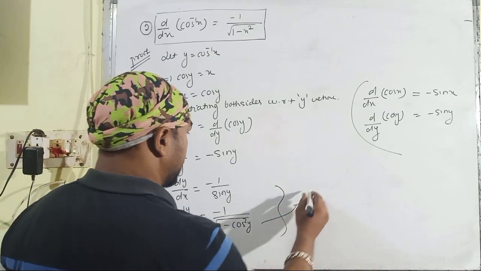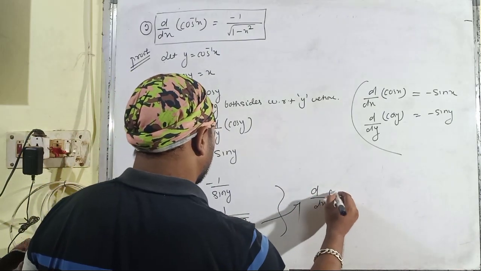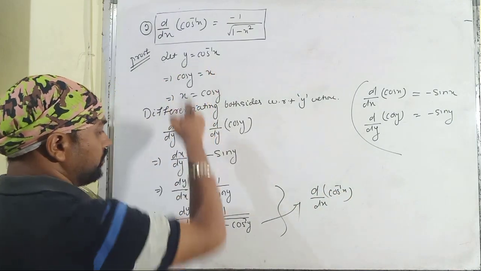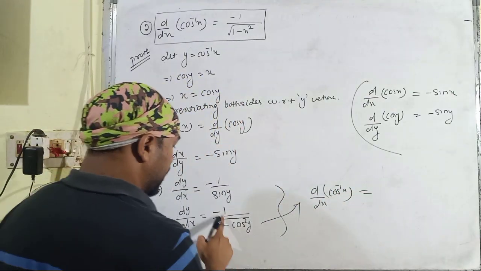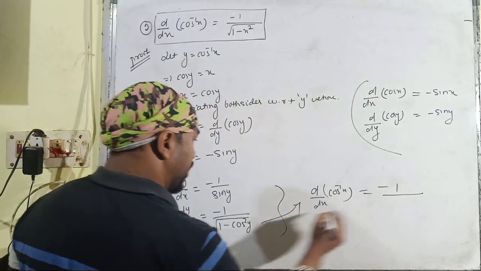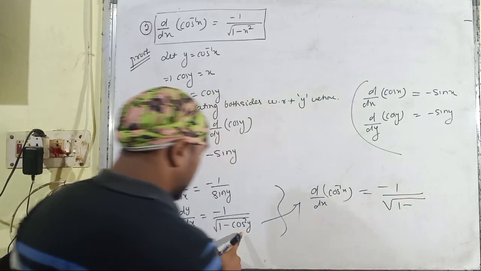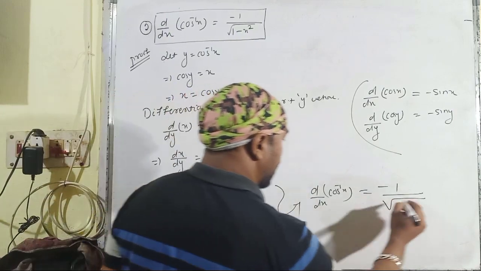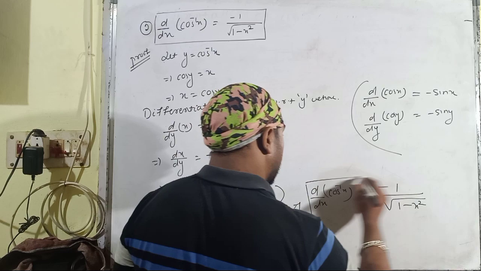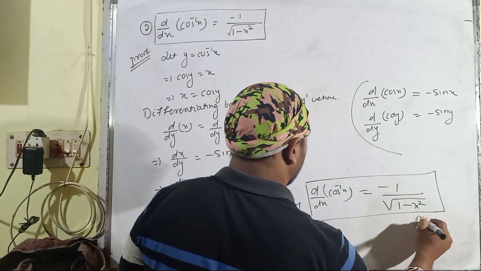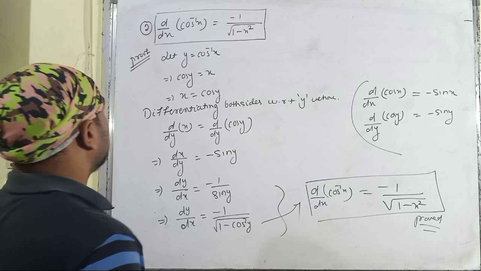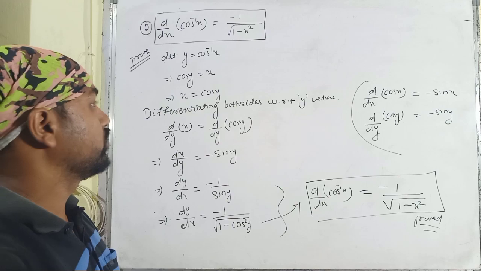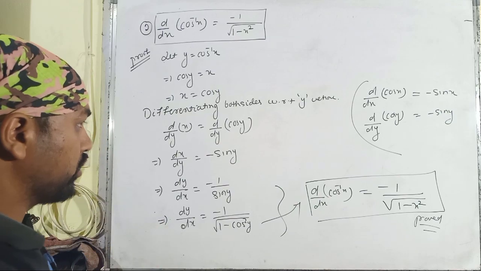So here we are writing differentiation of cos inverse x. Just in place of y, I have taken cos inverse x. It will be minus 1 upon square root of 1 minus cos square y. So in place of cos y, we can put x. So in place of cos square y, it is x square, giving 1 minus x square. And here is the proof of the second formula, that is differentiation of cos inverse x, that is minus 1 upon square root of 1 minus x square. Then we move to the third one.